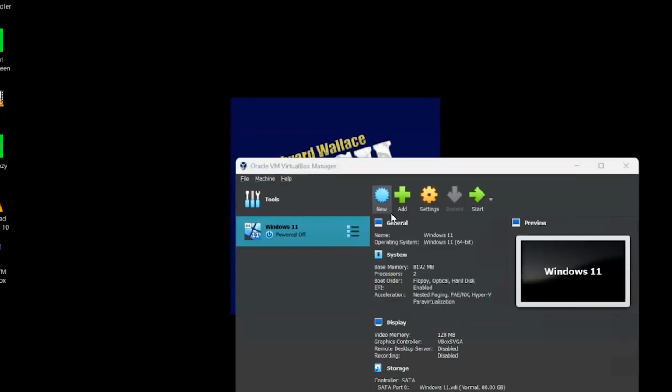To learn how to use the VirtualBox, click the link below where I show you how to set up a